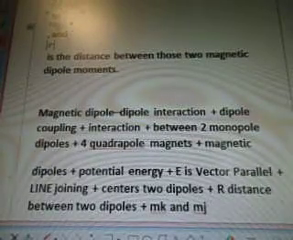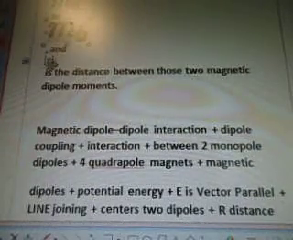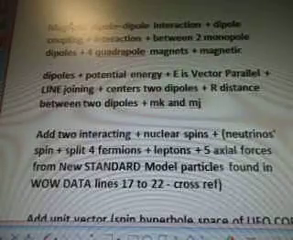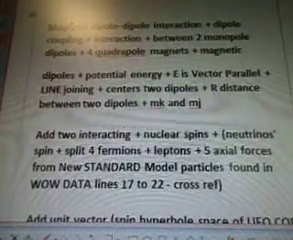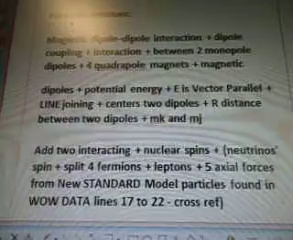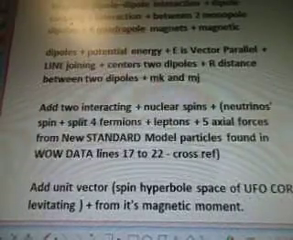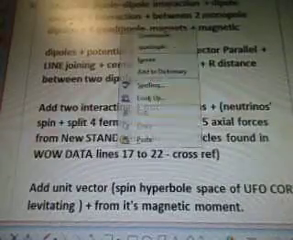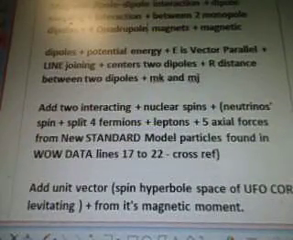MA to MB, and R is the distance between those magnetic dipole moments. So then the formula continues. Magnetic dipole-dipole interaction, dipole coupling, interaction between two monopole dipoles plus four quadrupole, I spelled that wrong, quadrupole magnets